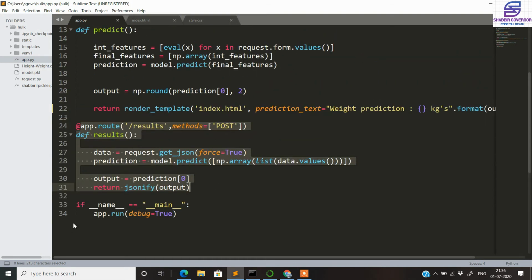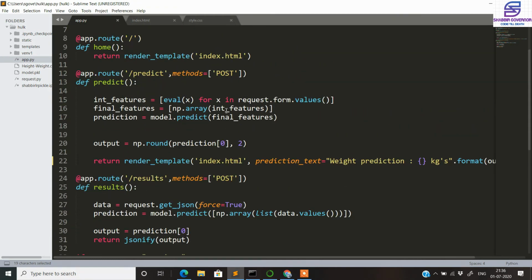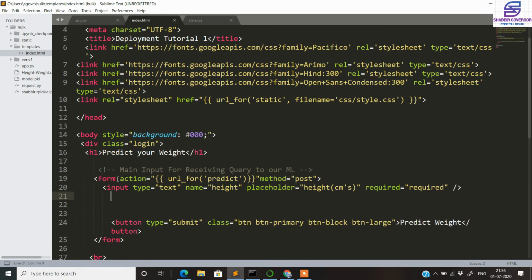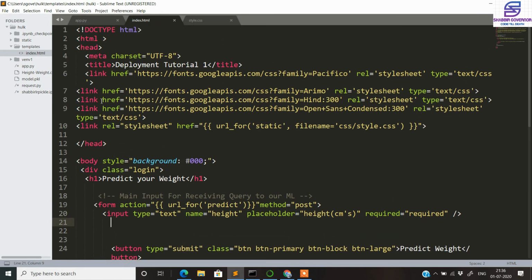And the last part that you see here, that is if __name__ == '__main__': app.run(debug=True). This app.run debug equal to True will let Flask know that we are in debug mode. So if you change anything here, we can directly get the changes on the live development server. Besides app.py, we have a folder here, that is templates, which has the index.html. This is the index.html that I have written. If you are familiar with HTML, you can simply read this file.